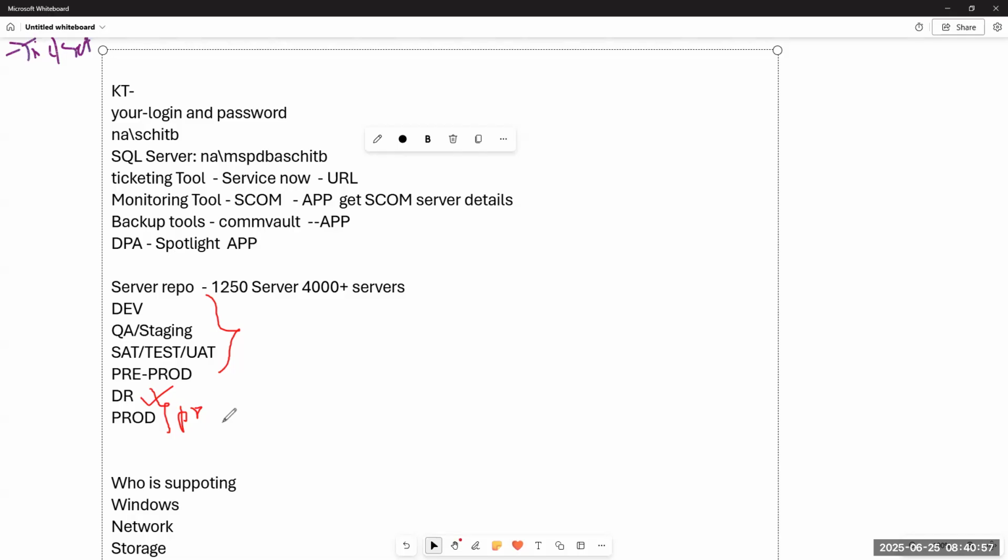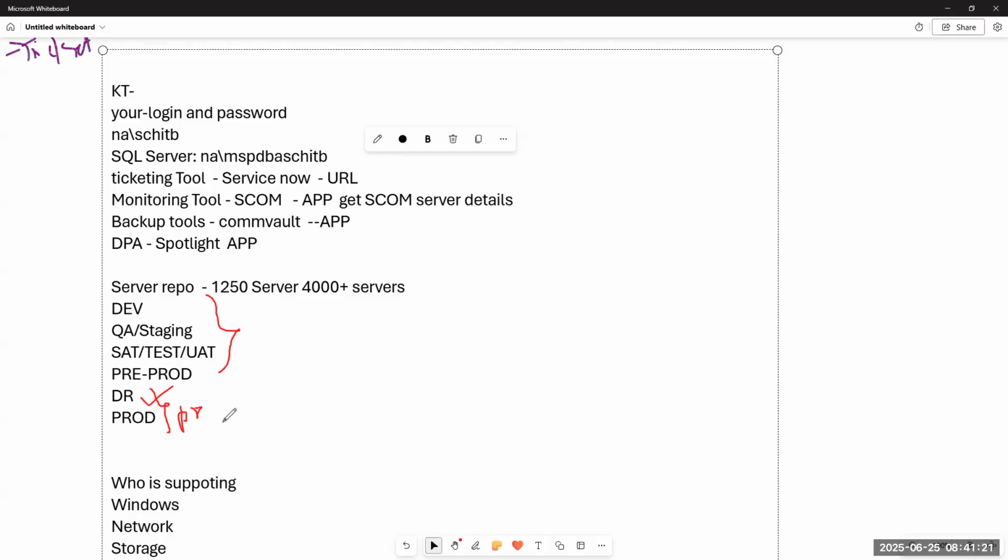Like Houston, Dallas, Hyderabad, Bangalore, Malaysia, Singapore. We place copies in different regions to protect our data. If something happens to Houston, no worries, I have one copy in Dallas. If something happens to Hyderabad, no worries, I have a copy in Bangalore. If something happens to both Hyderabad and Bangalore, we are gone, sir.